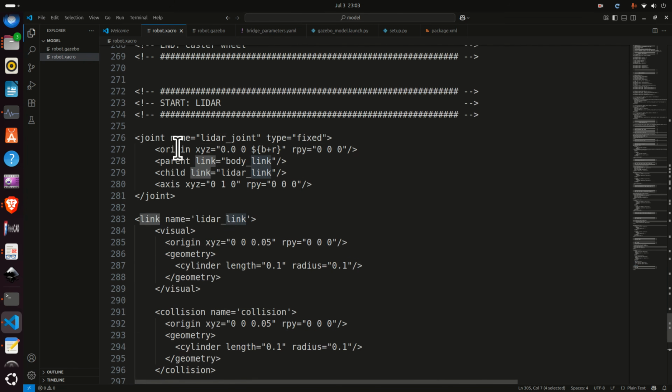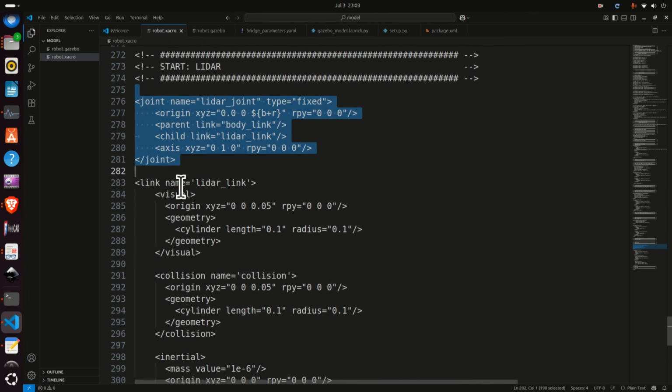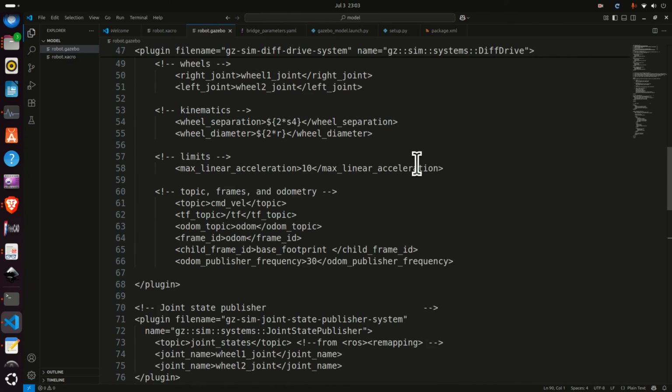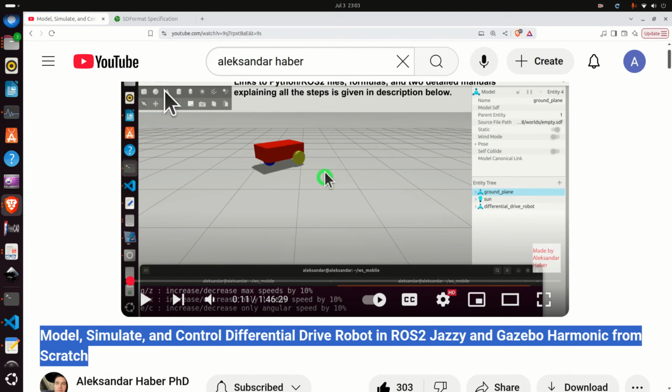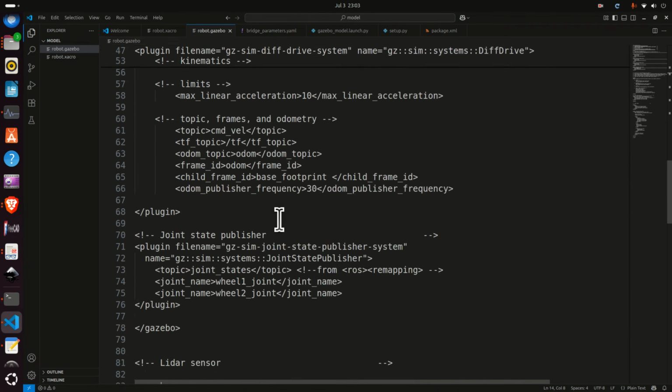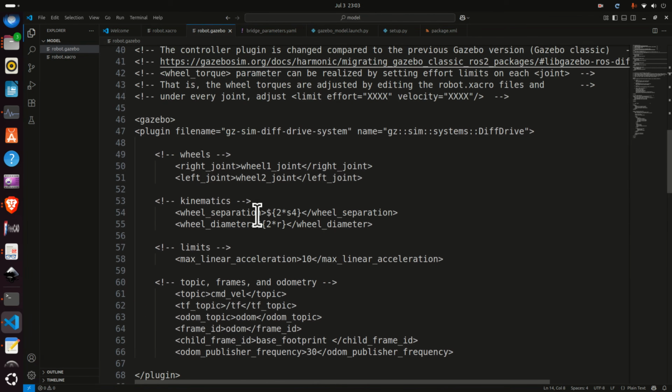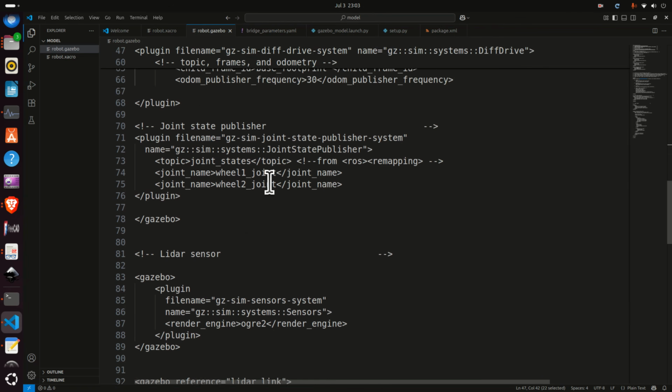That is, the first step is to model a lidar by adding a fixed joint and by adding a lidar link. Okay, the next step is to modify the robot.gazebo file. That is the additional URDF file, or the XML file that specifies parameters of gazebo simulation. We explained this file in our video tutorial shown over here. Now, at the end of this file, after we add the gazebo simulation differential drive plugin, we need to add